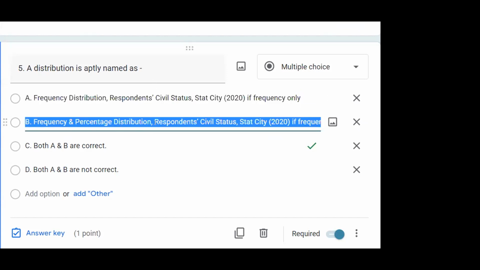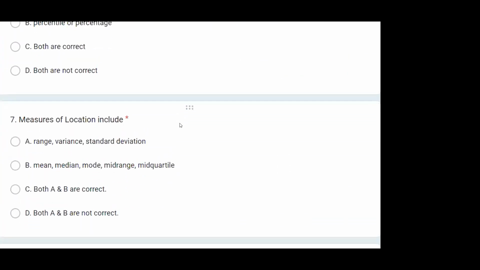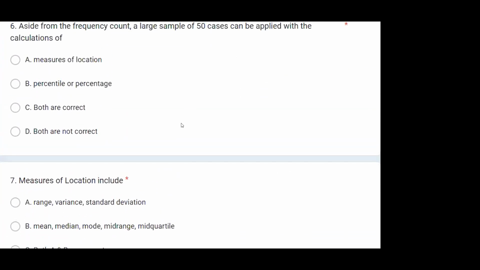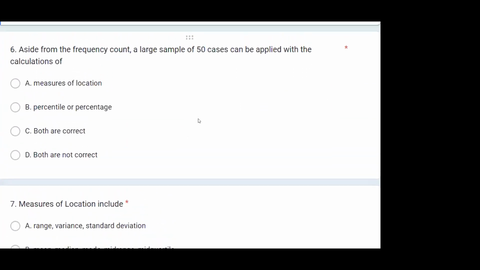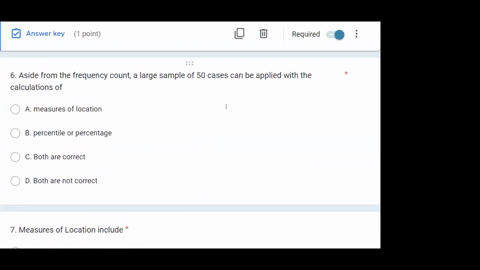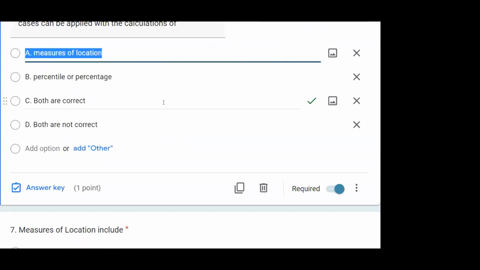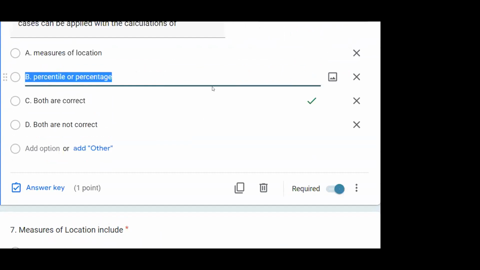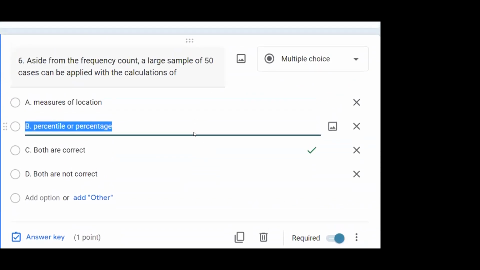So both are correct. So number 6, aside from the frequency count, a large sample of 50 cases can be applied with the calculations of measures of location, percentile, or percentage. So both are correct, because when it's a large sample, you are going to have the measures of location,